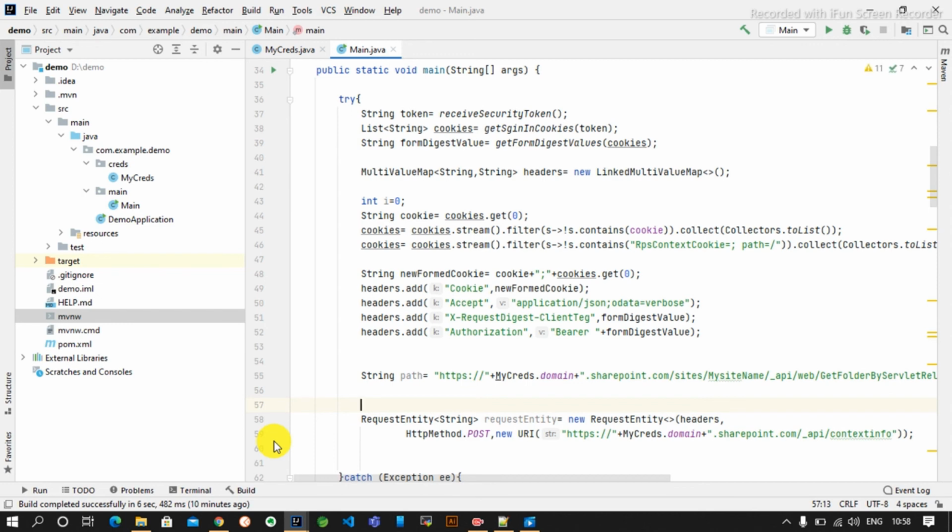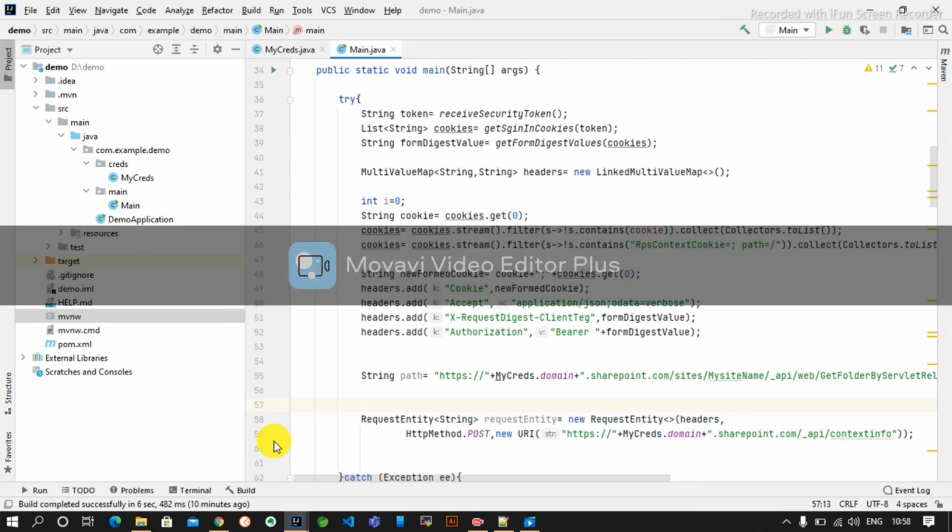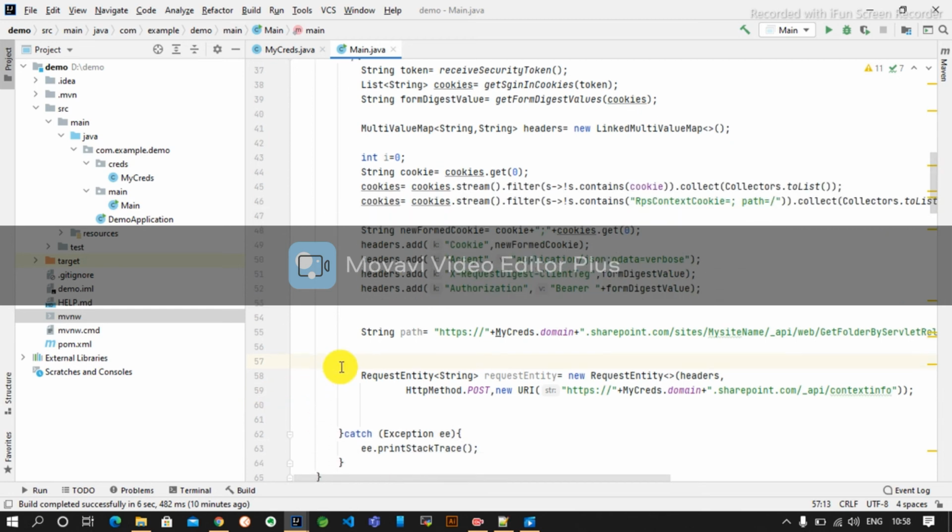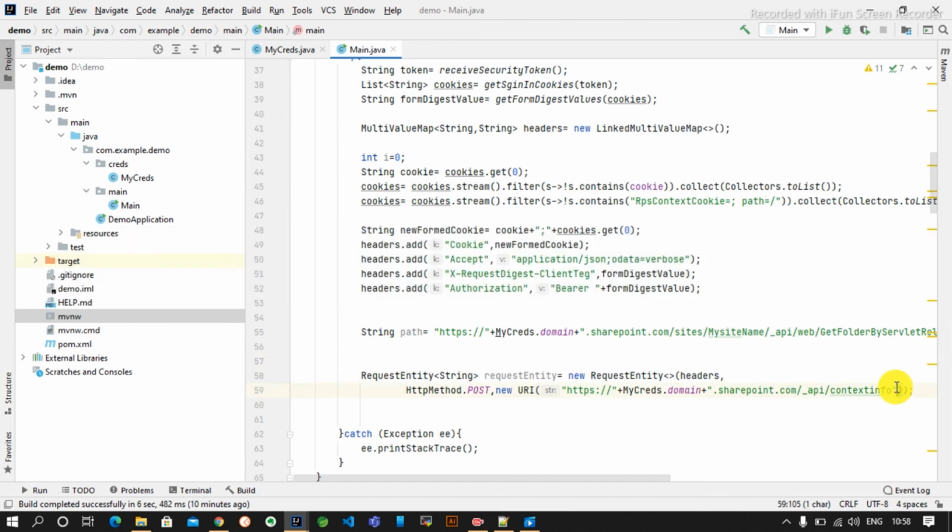Since we have formed the path, now we have to call the request entity and the response entity. We have already done the request entity: SharePoint request entity, new request entity, new URI. The path here we don't need to set like this because we have a custom path to get the folders and all.